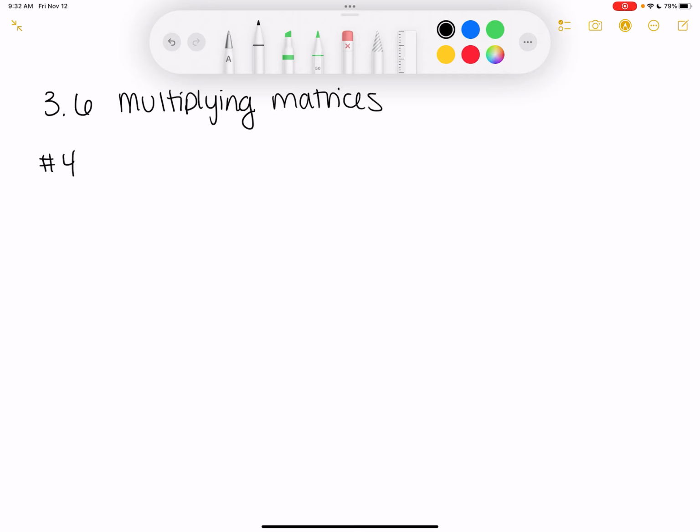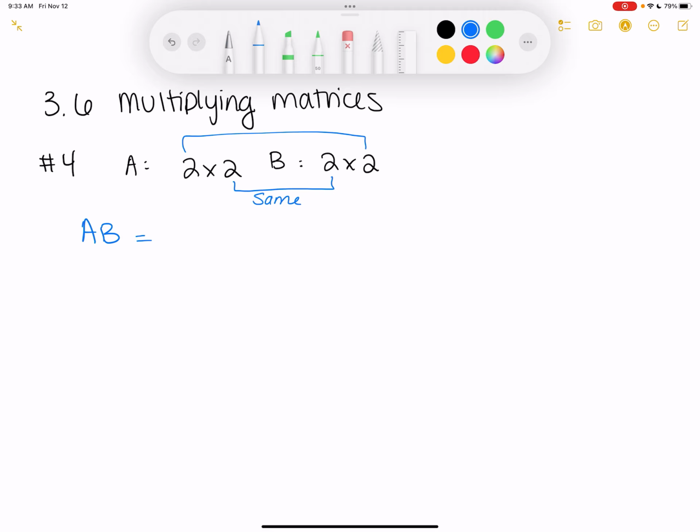So the first one says to state whether the product AB is defined, and if so, give the dimensions of A times B. So A is a 2 by 2 and B is a 2 by 2. So I want to know if AB is defined. So the inner two have to be the same. Okay. So since these are the same, it works, meaning that these outer two give you the dimensions of A times B. So it'll be,